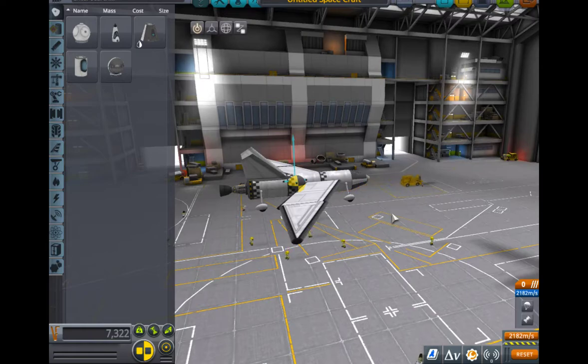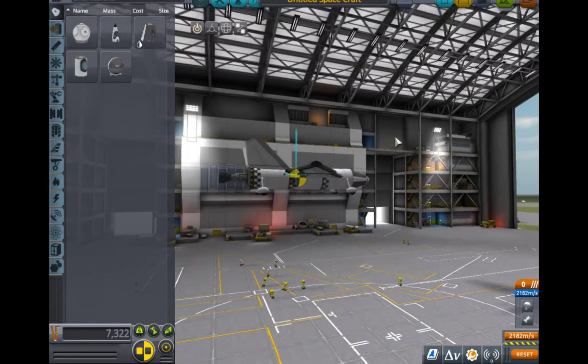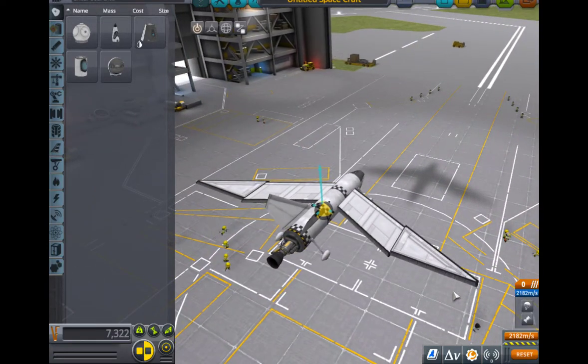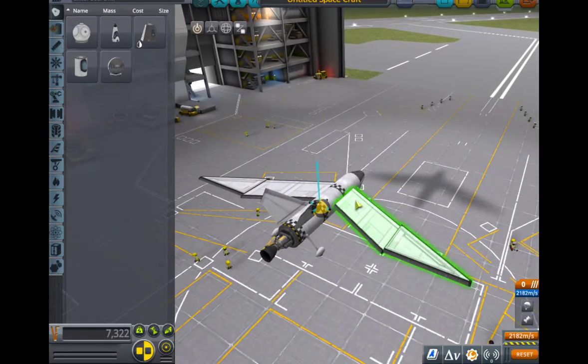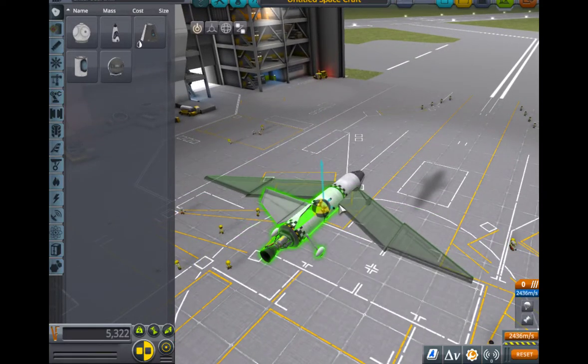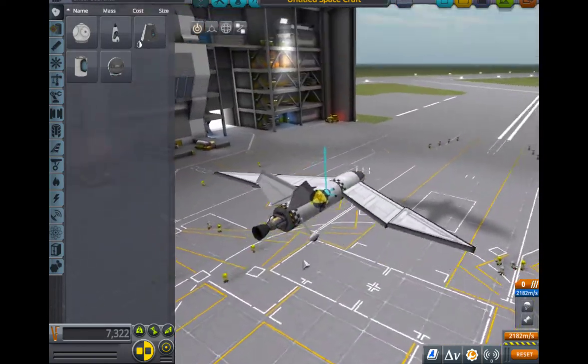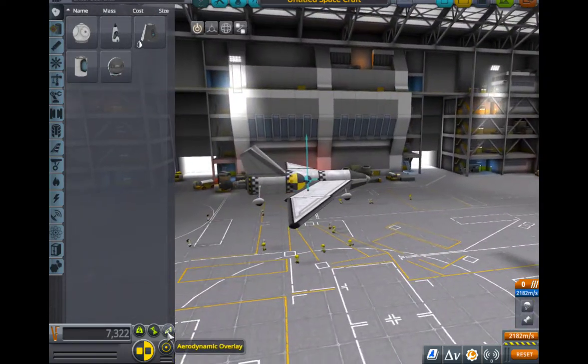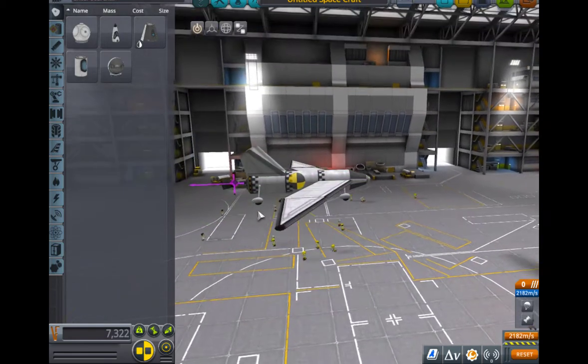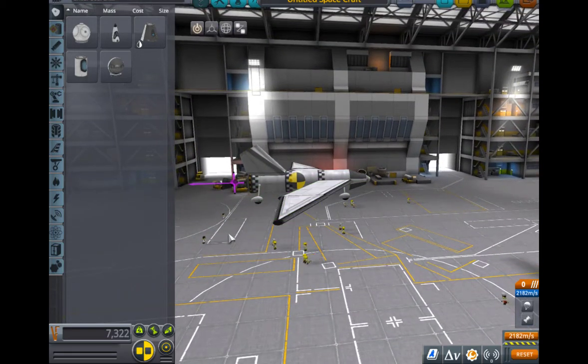Because they keep breaking, and it sucks. So anyway, we're showing how not to build a plane, and how to. You might be thinking, what is wrong with this plane? Well, if you know, you don't need to go on to this video. But we have everything. We have the wings, we have the wheels.